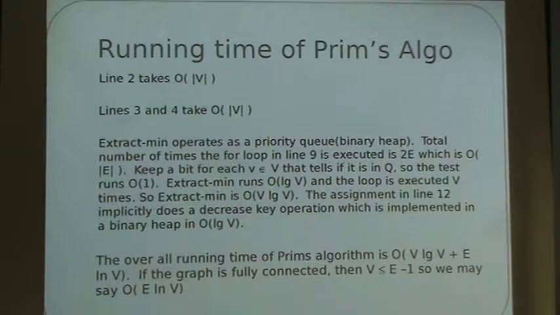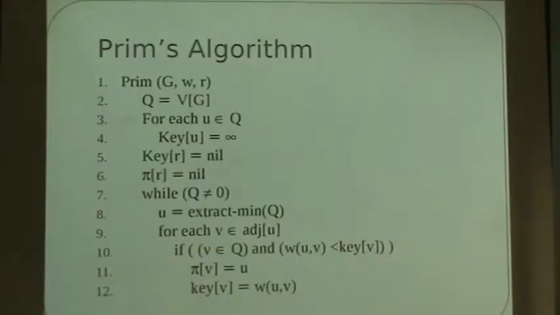That would take order V. Lines 3 and 4 is where we are saying every vertex is infinity away from our answer. That takes order V. Picking one element as the root and saying that we're going to start with that takes constant time. And then the loop 5 through 12